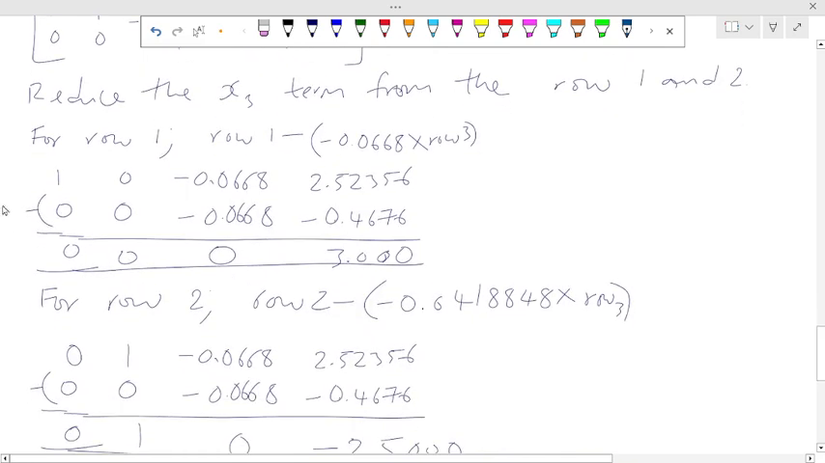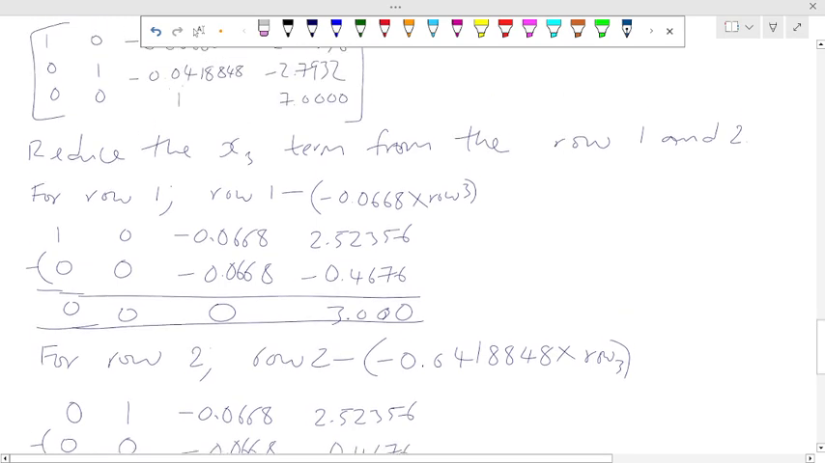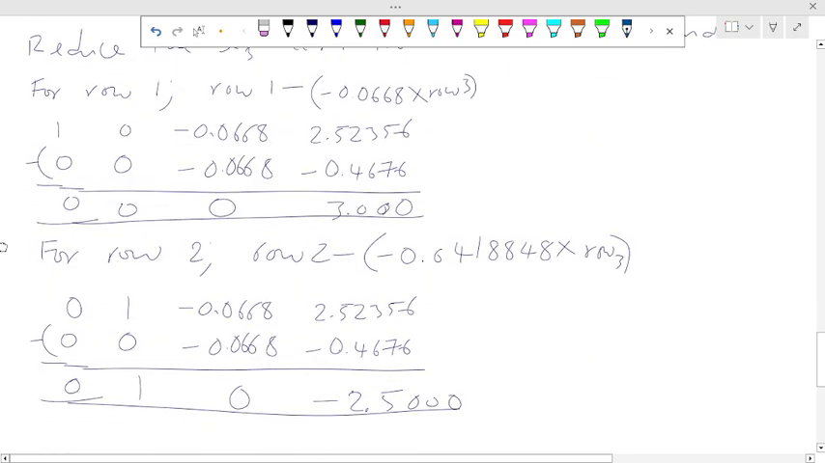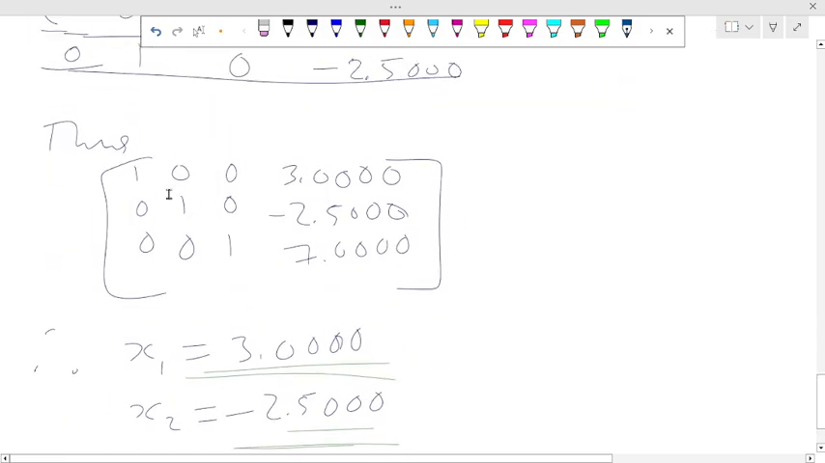So let's go to row 2. For row 2, we say row 2 minus the coefficient of x3 in row 2, multiplied by row 3. Look at row 2 here: 0.04188848 multiplied by row 3 will give you this result. When you subtract them, you get this answer. So thus this is our final